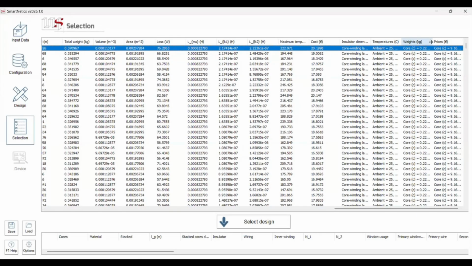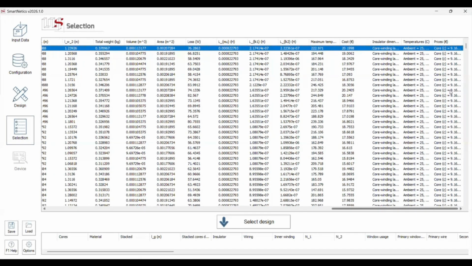In here you have a description of the total cost. So the core is, let's say, 9 euros, the insulation is 1 euro, for example, and the wires are another 9 euros, for example, something like that. But we're only talking here about the material cost. So we don't talk about the shipping cost or the manufacturing cost, etc. This is only talking about the device itself once it is manufactured and just paying for the materials.